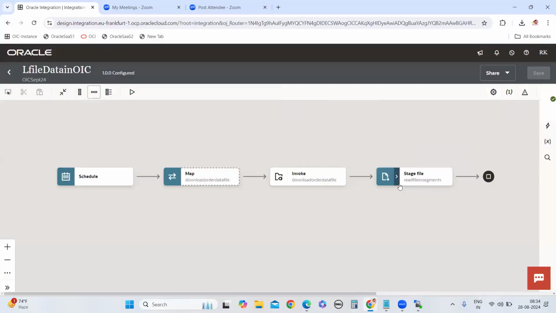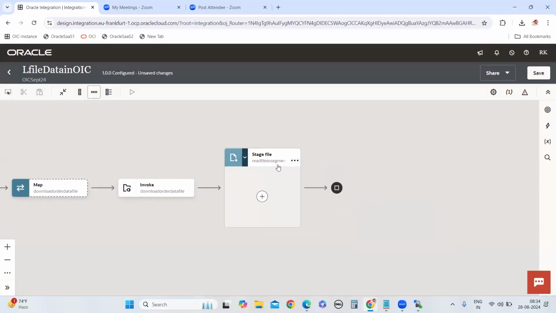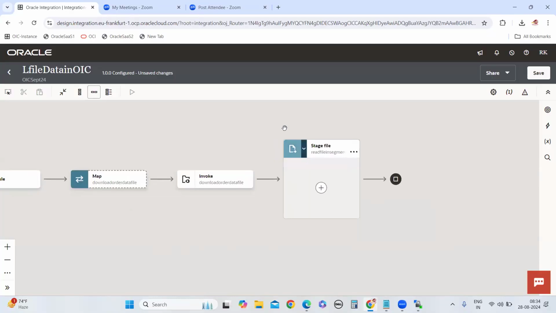Now it will come like this. Guys, listen carefully and pay attention. This read file segments action will iterate over the records: in the first iteration 2000 records will be written into the write file directory, then the second 2000 records, then the third 2000 records, like that.